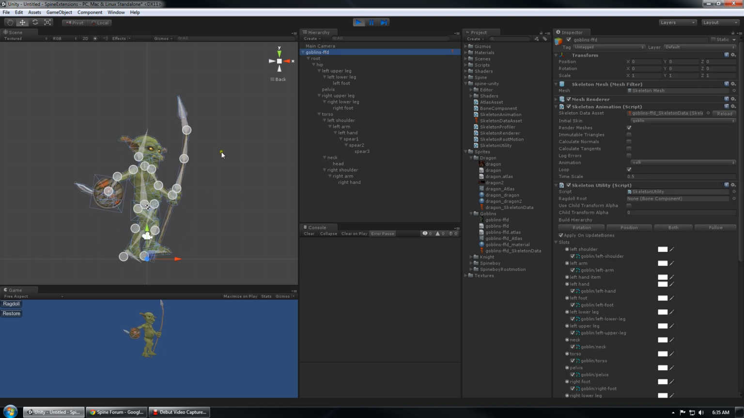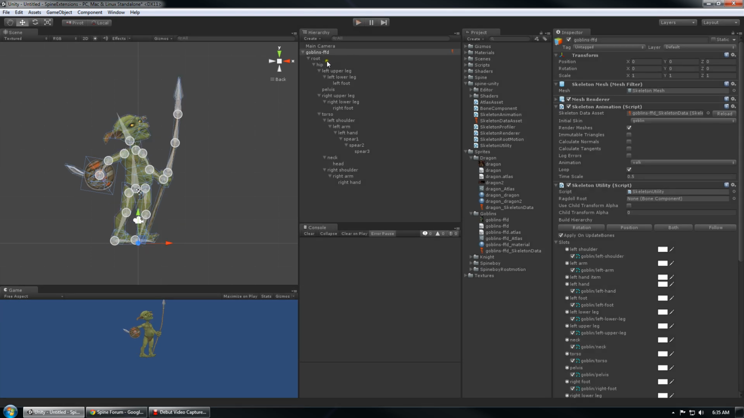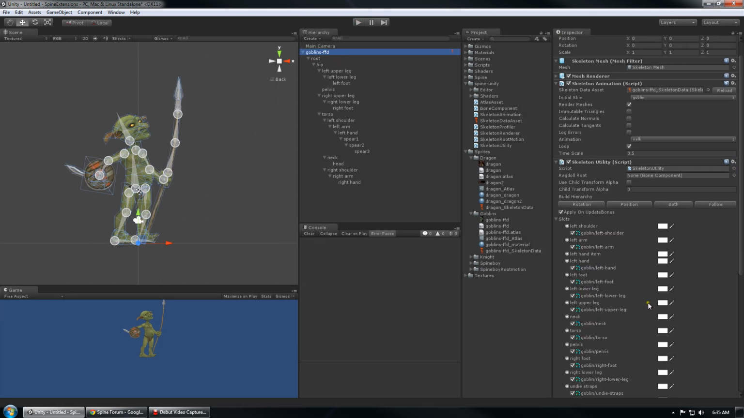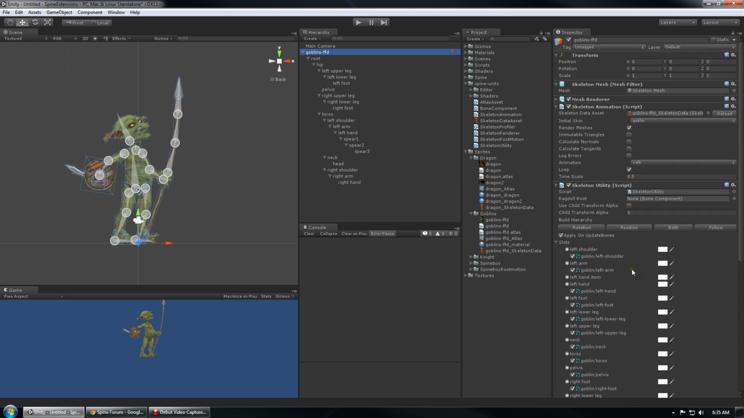But anyway, moving on. Let's see, I think we're still in the right configuration here. Yeah, so we're still applying over the animation information. And I'm also going to use child transform alpha. This is a very beta function that just grabs all the bone components and changes their alpha feature